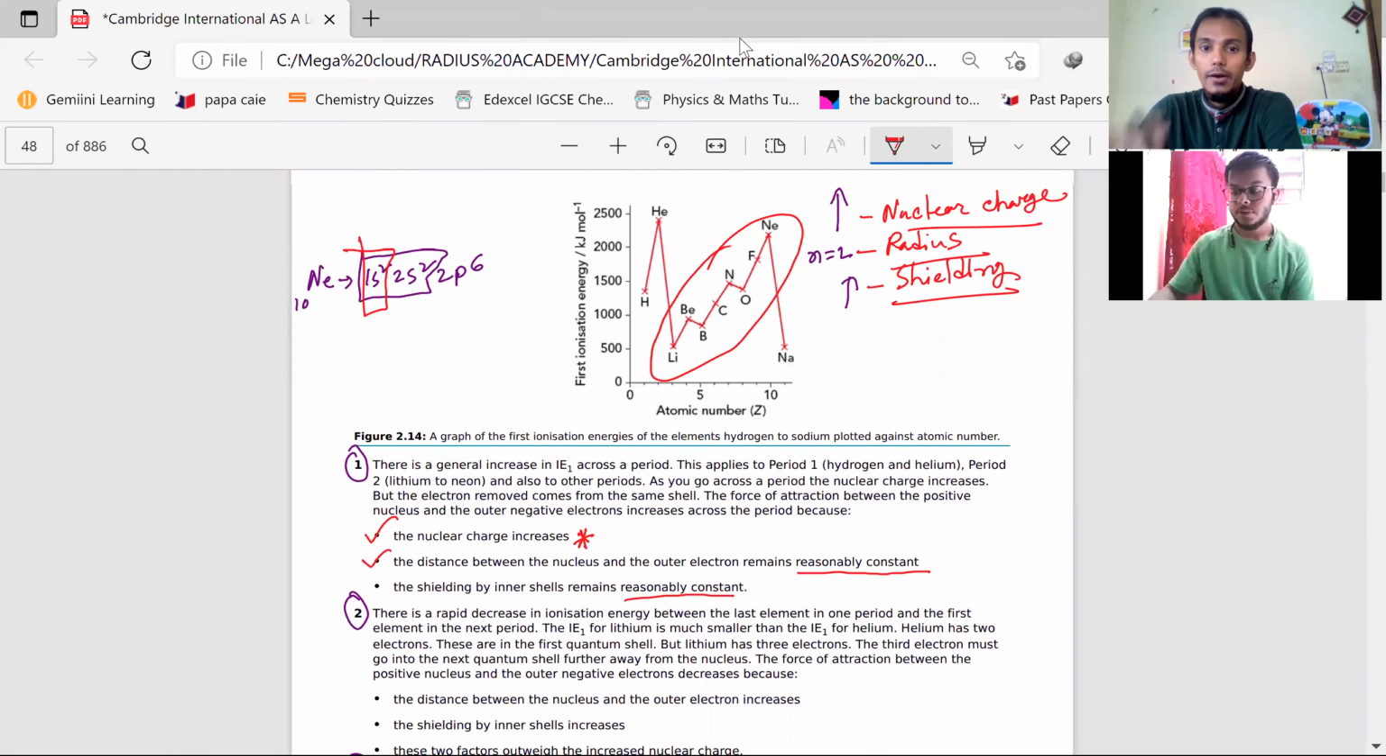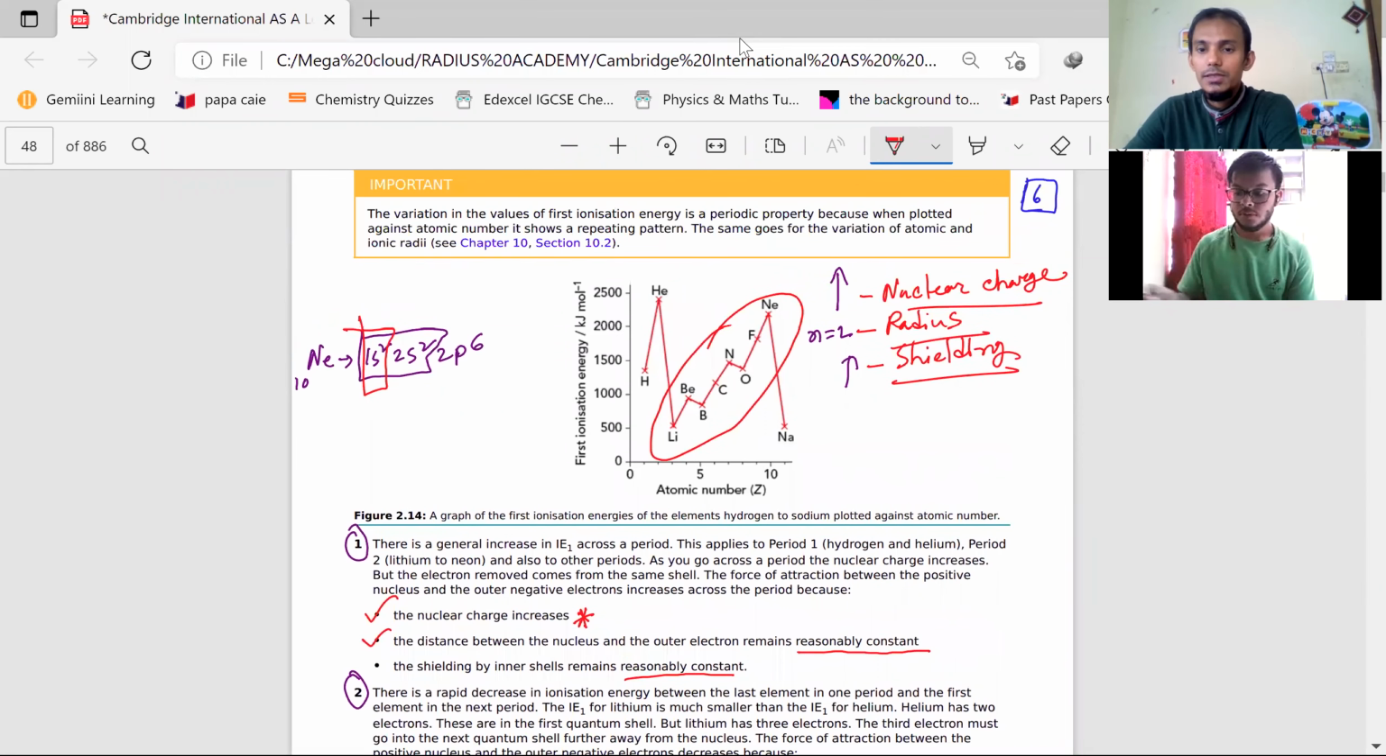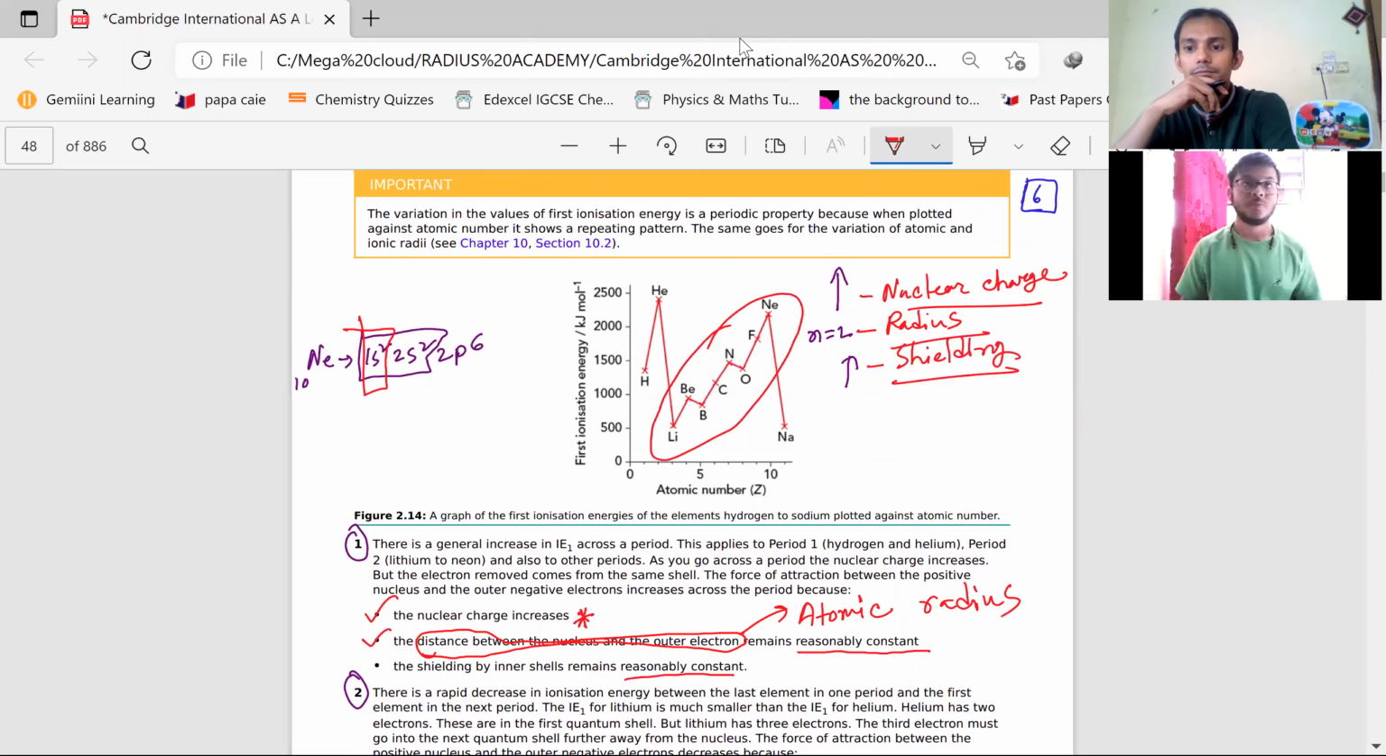Okay, so as I'm saying, you must touch these 3 points. Think properly and write accordingly. Nuclear charge is increasing from lithium to neon or across a period. Atomic radius, or this is nothing but atomic radius, right? Distance between the nucleus and outer electron means atomic radius. So atomic radius remains reasonably constant, and the shielding remains reasonably constant because all these